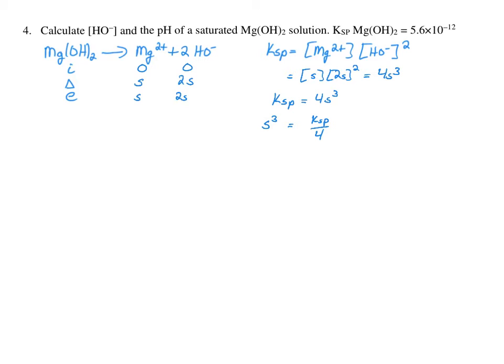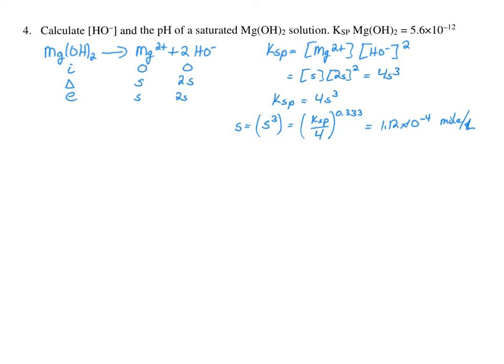Rearranging, we have S to the third is equal to Ksp over 4. Or if we want to solve for S, we raise Ksp divided by 4 to the 0.333 power. And for S, we get 1.12 times 10 to the minus 4